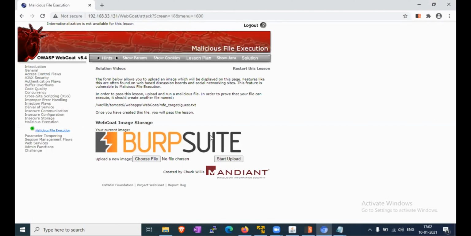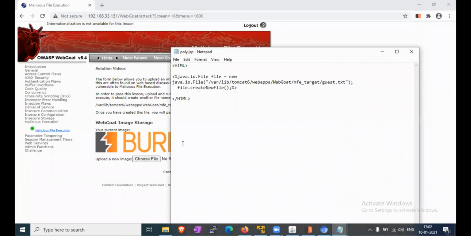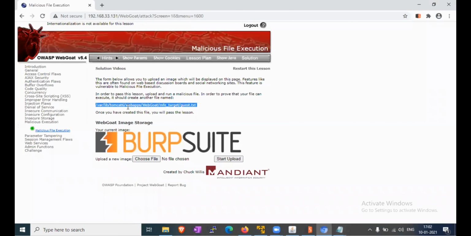Now we have to create one malicious file in HTML using the path provided for this lab. So in order to pass this lesson, upload a malicious file. In order to prove that your file can execute, another file should be created with the name shown here.